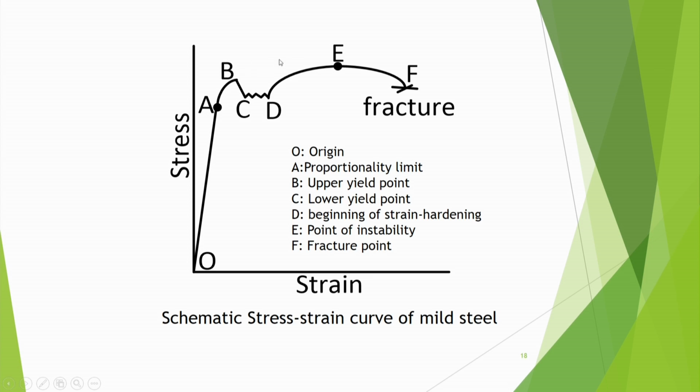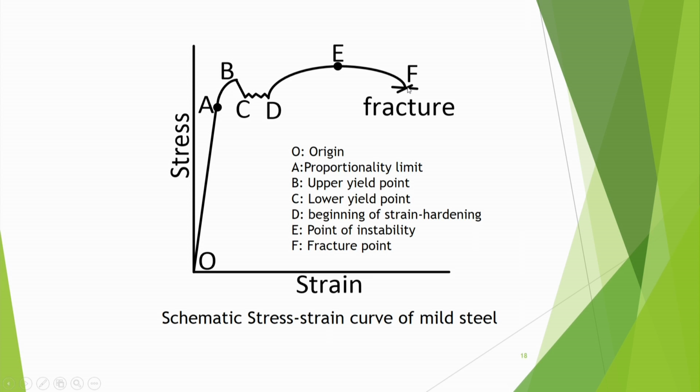This is expressed if we find out the stress in terms of the nominal stress, that means engineering stress, then this is UTS. UTS is generally expressed in terms of the engineering stress, not in terms of the true stress. And point F denotes the breaking strength of the material. We can also find out the total elongation, because we can find out the total strain, the relative elongation, how much it is elongating, that is total elongation.